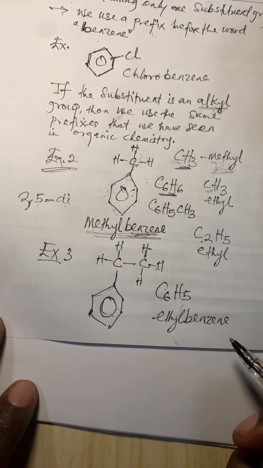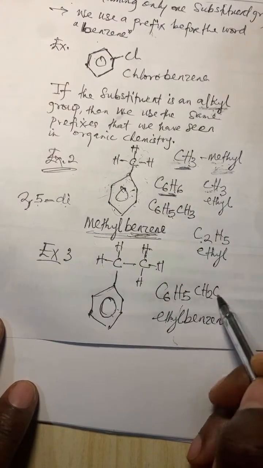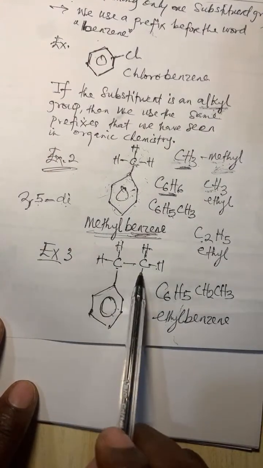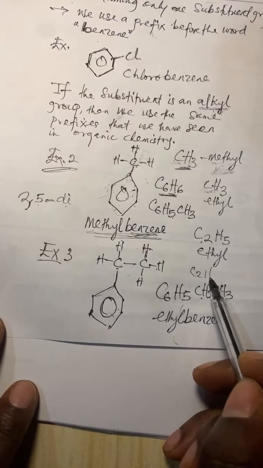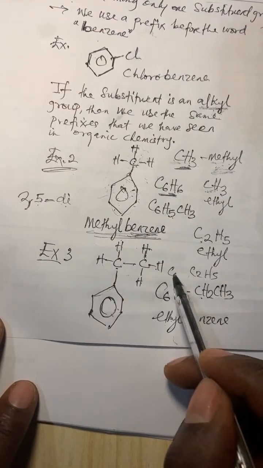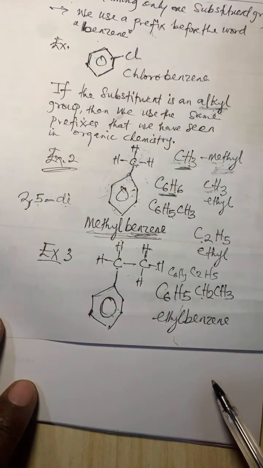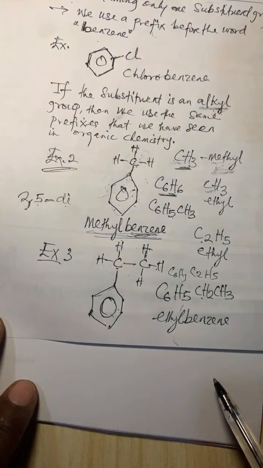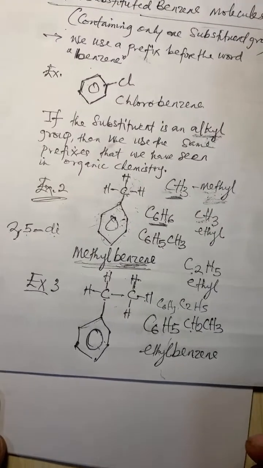You can have it in two ways, right? What will remain here will be CH2, CH3, just as you have CH2, CH3. Alternatively, you can just say C2H5. Then this one is C6H5. Either of them is correct. Okay, I can see an answer here, C6H5, C2H5. That is correct also. That is absolutely correct.